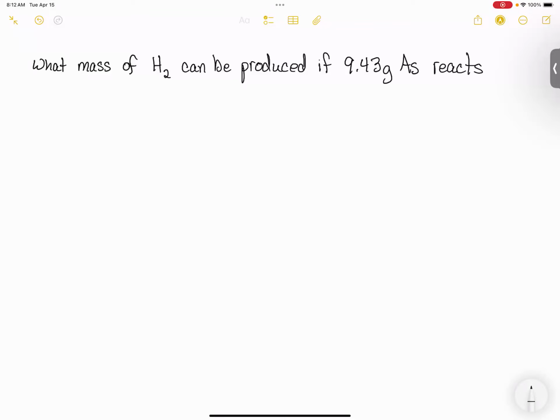What mass of hydrogen can be produced if 9.43 grams of arsenic reacts with excess sodium hydroxide according to the reaction